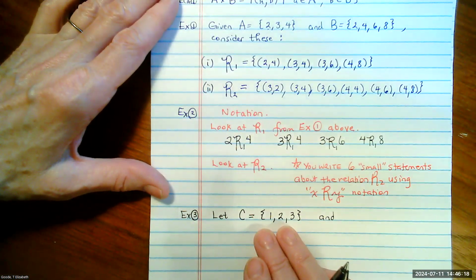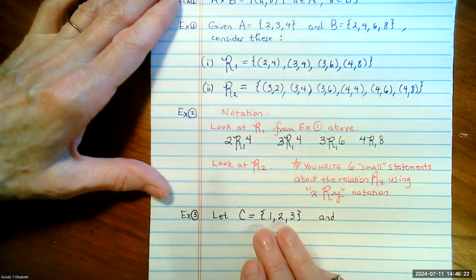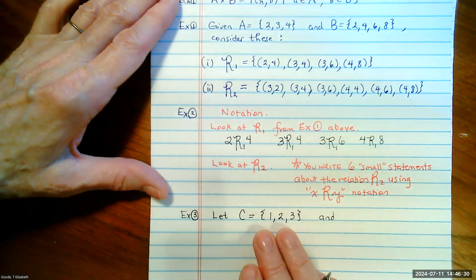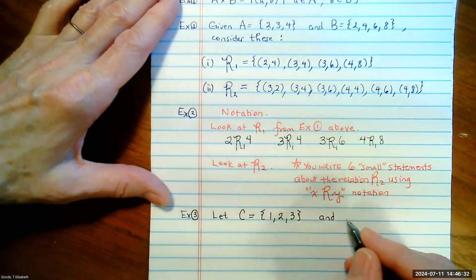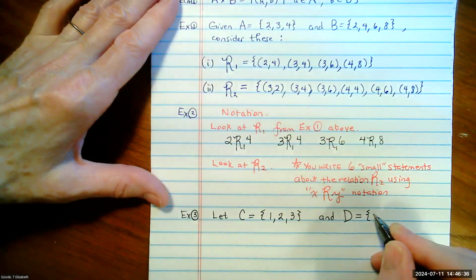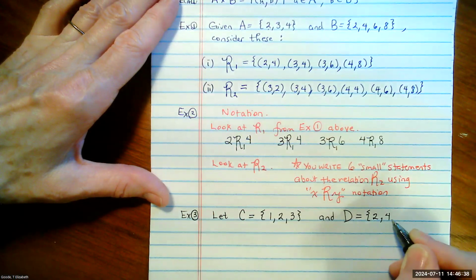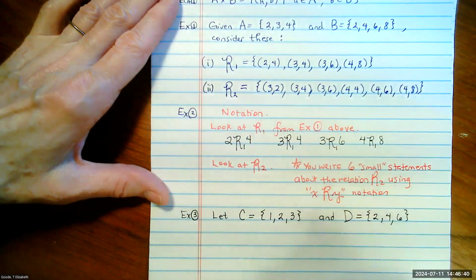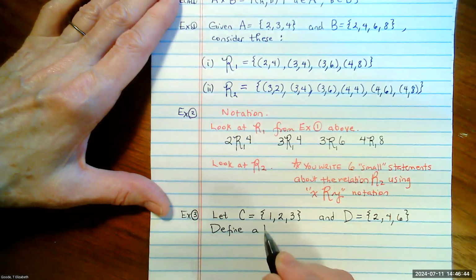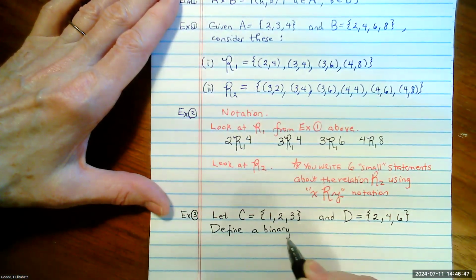We could play games with the elements being other sets, for example, or we could be playing games with sets of strings written over, say, the alphabet 0, 1, in other words, binary strings. Here we're just keeping with numerical examples. Let's say D is the set 2, 4, and 6. We're going to define a binary relation from C to D